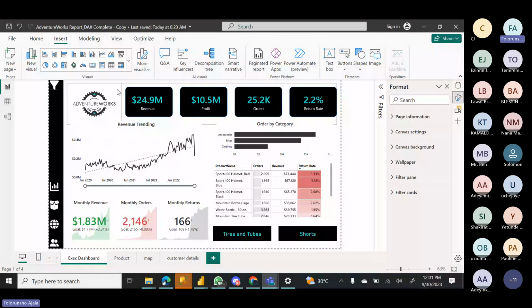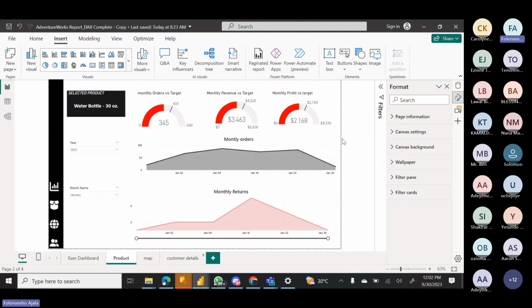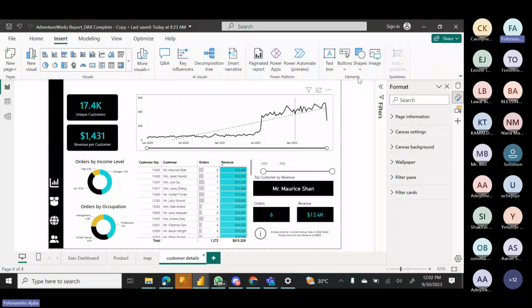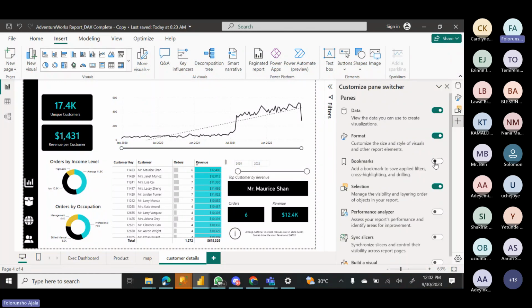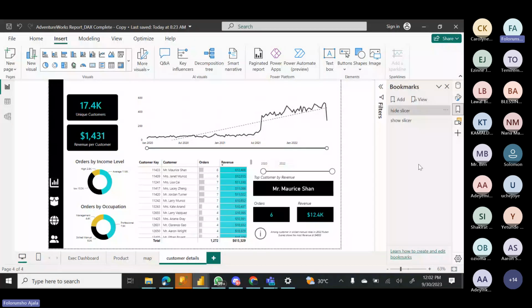Okay, thank you for that question. Page navigation is, by default, how Power BI understands that you have different pages. A page is like an executive page or a report page. It is different from bookmark. Bookmark is like doing a screenshot. If you go to bookmark, you can see what I did here. I did like a screenshot, hide slicer and show slicer. That is bookmark. It's different from